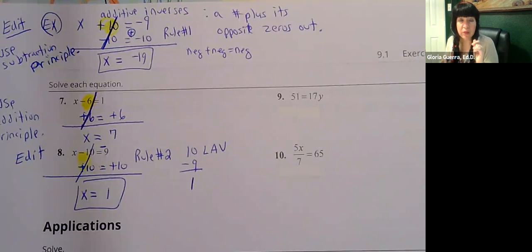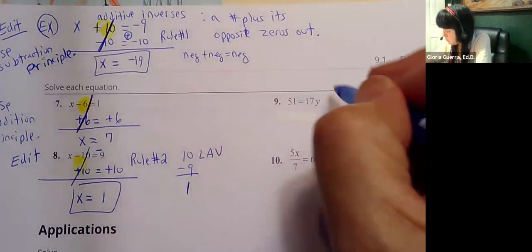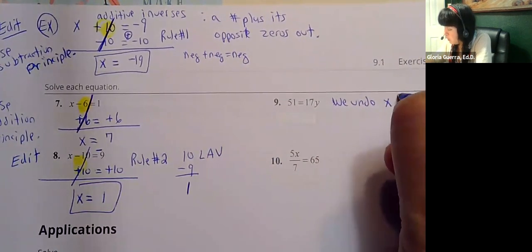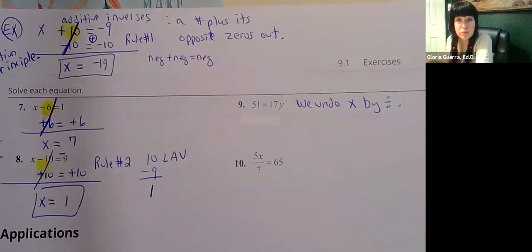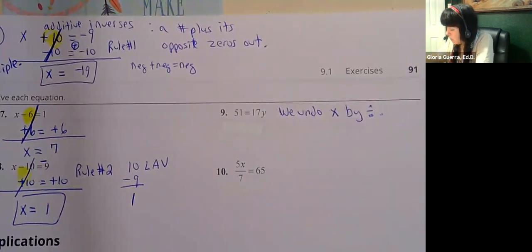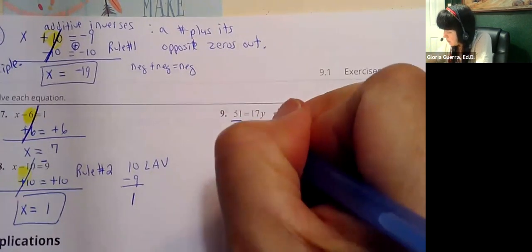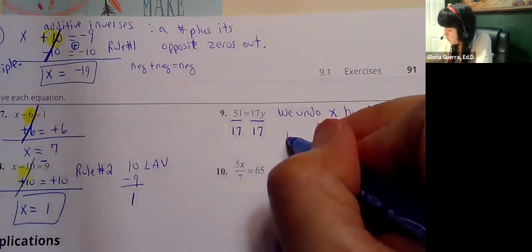9 is 51 equals 17y. That's 51 equals 17 times y. So in math, we undo times, which is multiplication, by division. We undo multiplication by division. Okay, so I'm going to divide both sides by 17. So what we're going to do is divide